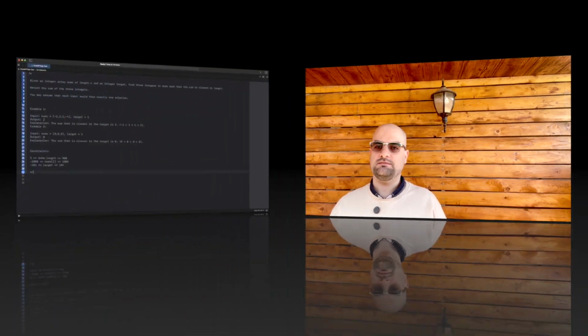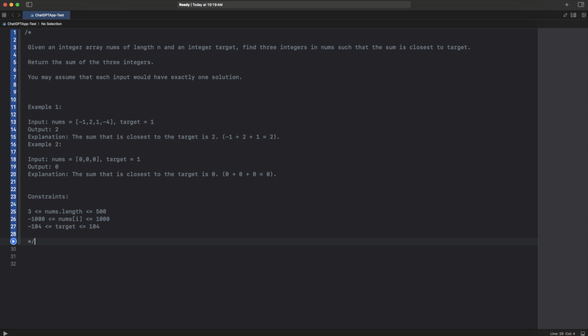Today we're diving into an exciting experiment. We'll explore how AI tools can assist us in Xcode and make our development process more efficient. We'll see how Xcode's predictive code completion stacks up against the mighty ChatGPT. Let's get into it. Alright, so first things first, I start by writing the problem description directly in Xcode Playground,